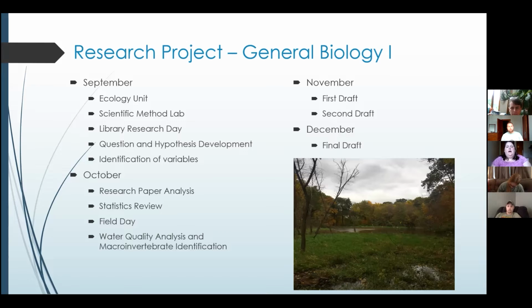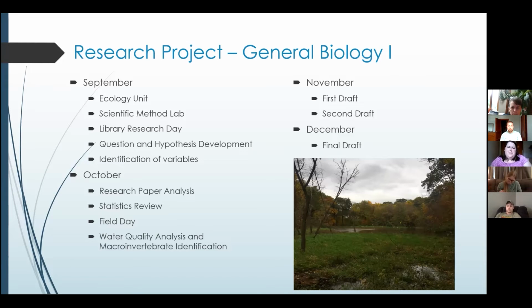Then finally, they were able to go out and do a field day where they collected all of their data. This is a picture of the wetland out at Calkins. So the creek comes in on the left-hand side, moves through the wetland, and then continues on the right-hand side through the rest of the creek and out to the Iowa River. So students, this was probably their favorite day of the whole semester. They were able to put waders on and get in the water and have a lot of fun using the kick nets and the turbidity tubes and